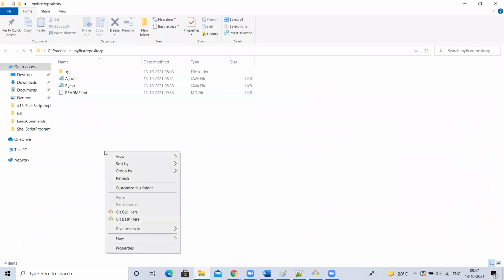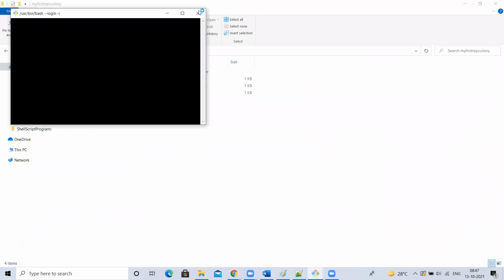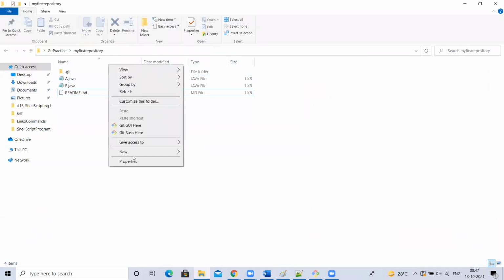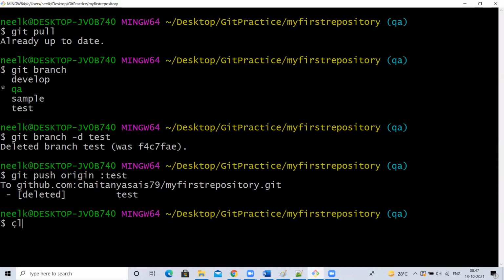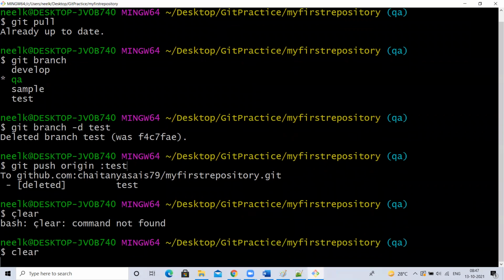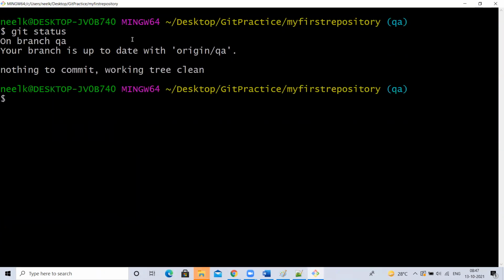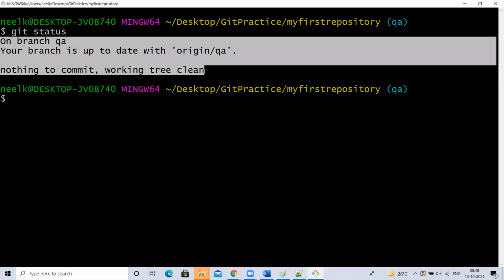See, guys, I'm creating a folder here, not a file, right? I'm creating a folder called dir1. Now there is a folder here. Now if I go to my git bash and type git status, is it showing anything to commit? When we create a file, it will show in the staging area, a modified file, and you want to add it to the staging area. So is it showing the directory I created just now? No, it's not showing.